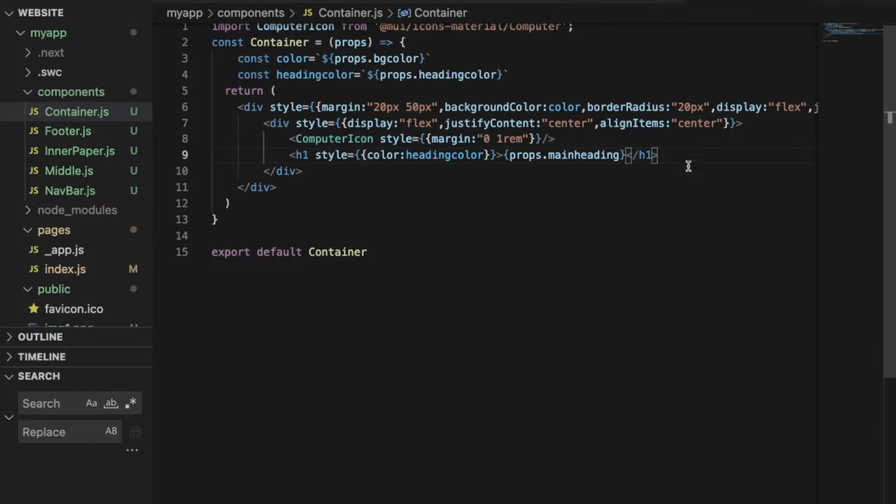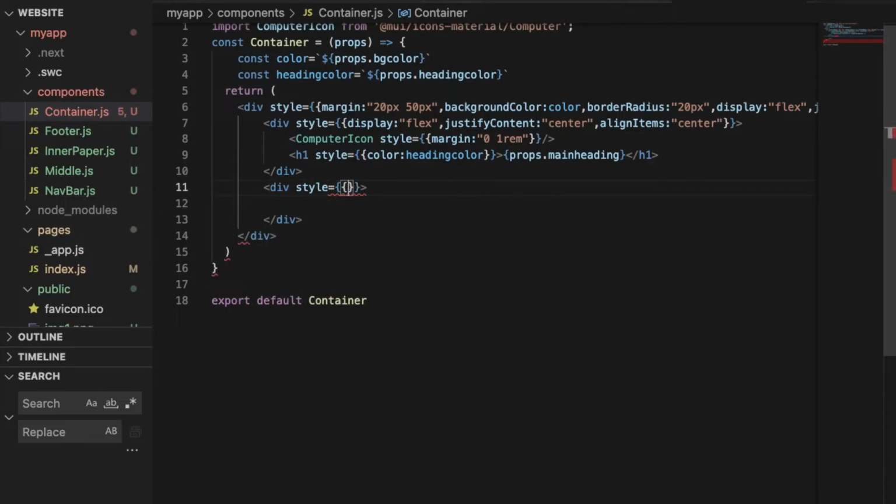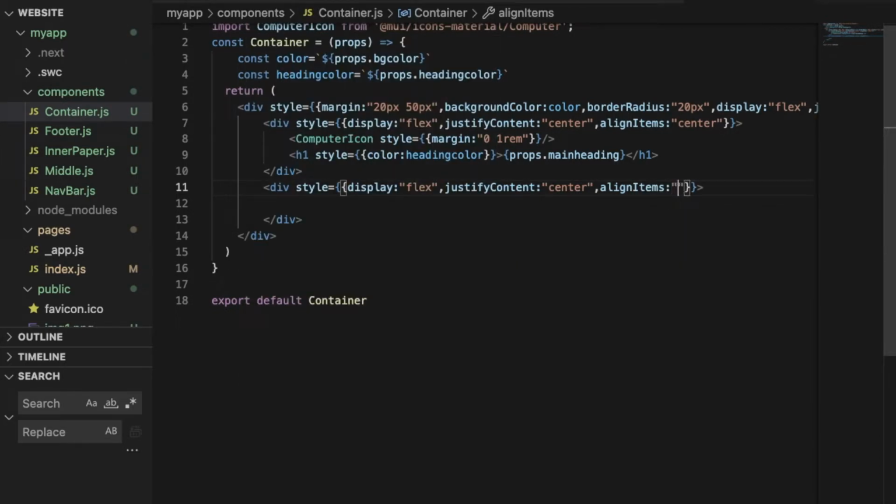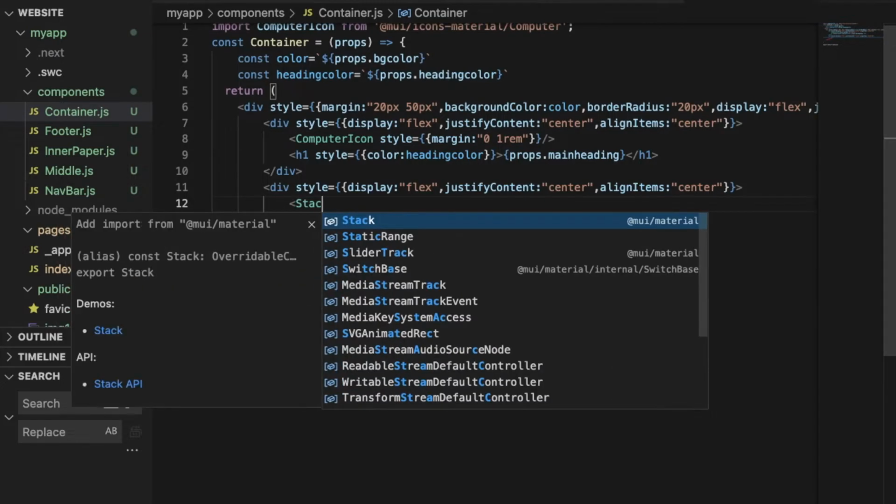Now we'll create another div here which we will style. First of all, we'll say display would be flex, we'll say justify content to center, and we'll say align items to center as well. Now inside this div we'll be using a stack from material UI,